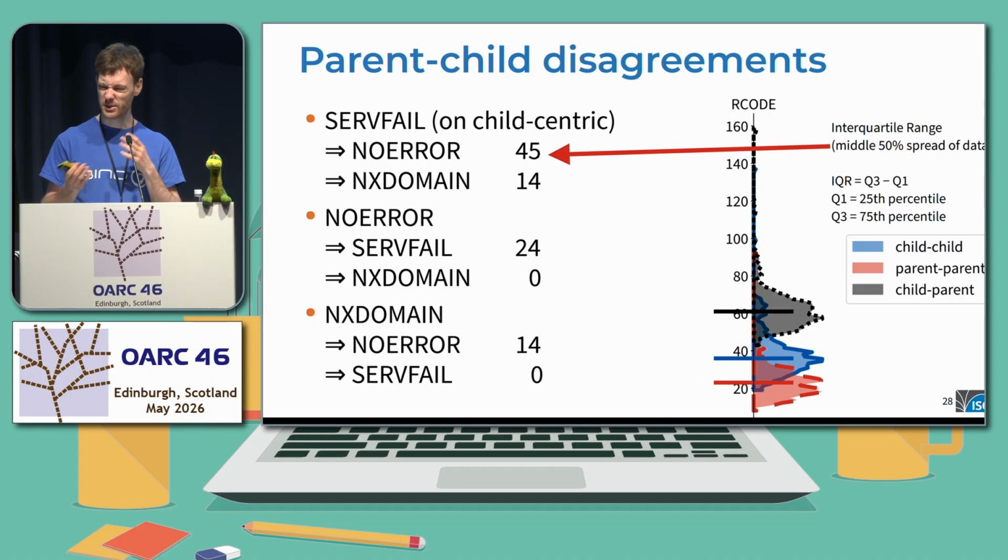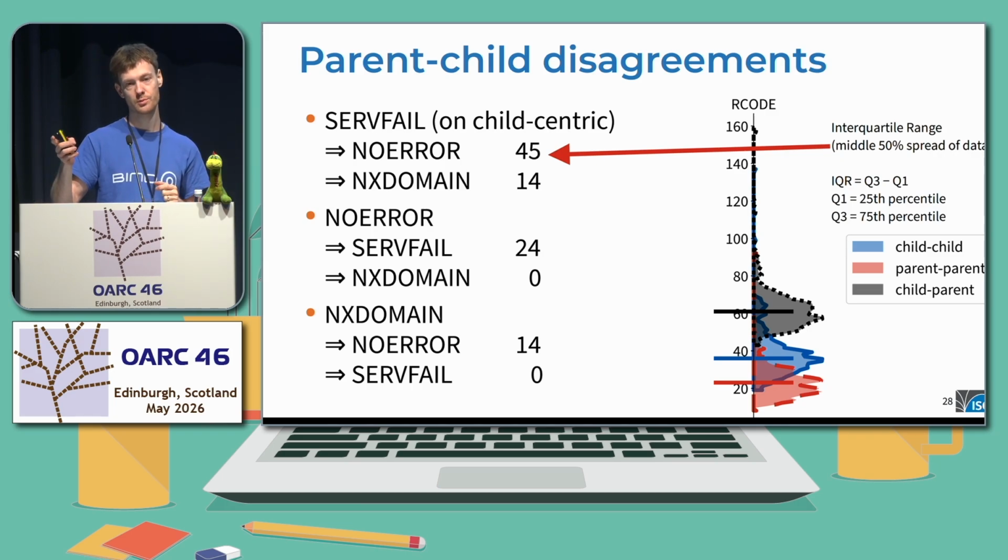So it's like, okay, this doesn't look good. But again, we had to dive deeper and analyze it one by one. But when we categorized the differences, we found out that actually it's a good sign. Because here, next to the bullet point, is the RCODE produced by the child-centric resolver, and next to the arrow is the new RCODE produced by the parent-centric.